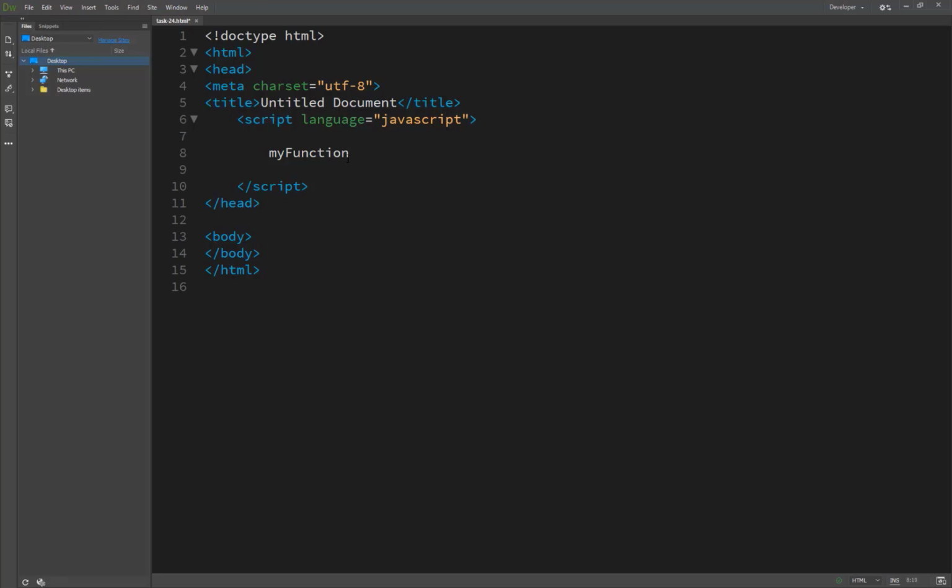We have just learned how to call a function, and inside the parentheses we pass a value, or an argument. I have passed a name like Wakas. This is the function name, and inside the function we have passed an argument.